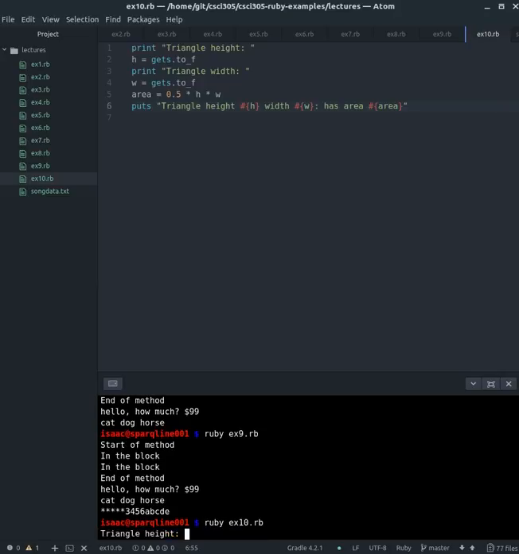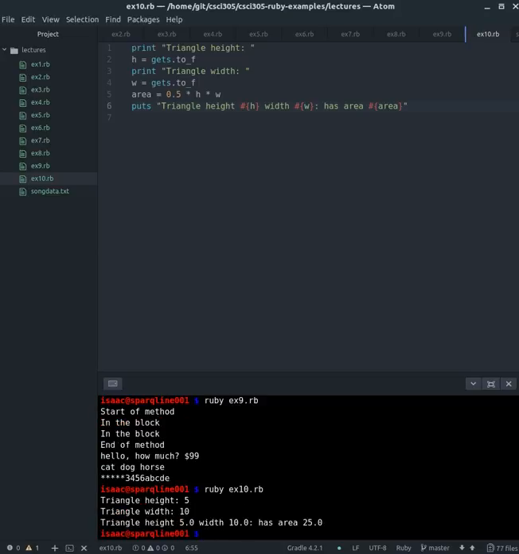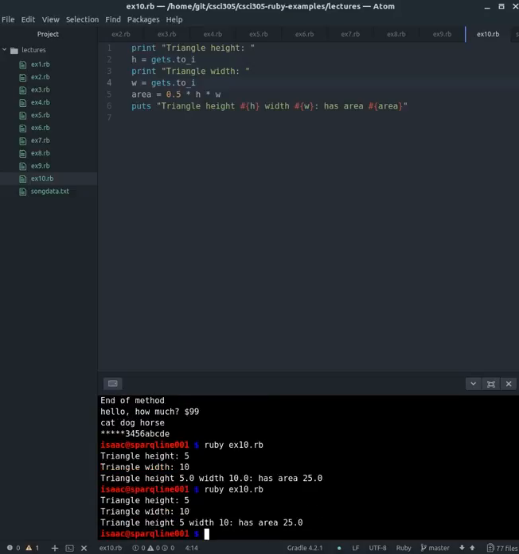So we say example 10, the height, let's say, I don't know, 5, and the width 10, so it has a height of 5.0, width of 10.0, and has an area of 25, right? Because half the height, 2.5, times the width, 10, is 25. All right, simple math, simple thing to easily understand. Note that it is all floating point, right, as we expected. If we did this as to_i instead, we get a possibly slightly different answer. So we say 5, 10, now we will expect 25. What do we get? 25, right? Because Ruby will automatically